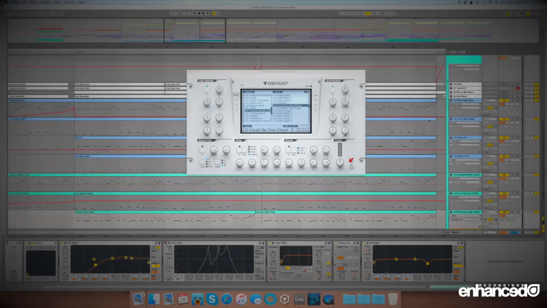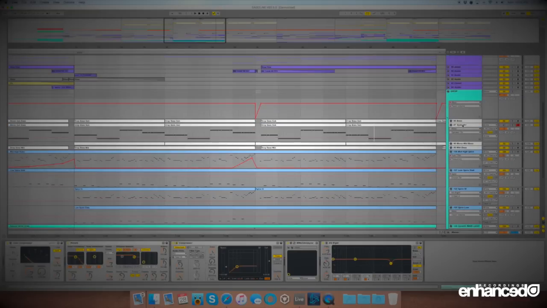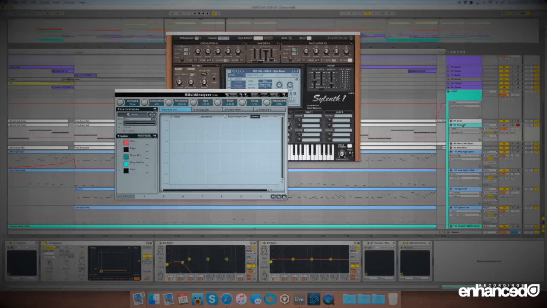Okay, and there's one more thing that I wanted to show you guys, and that's my sub bass and how it relates to the other bass parts, namely the kick. So that's this right here. Again, I'm using Silent here, and it's just a few sawtooth waves. You can see